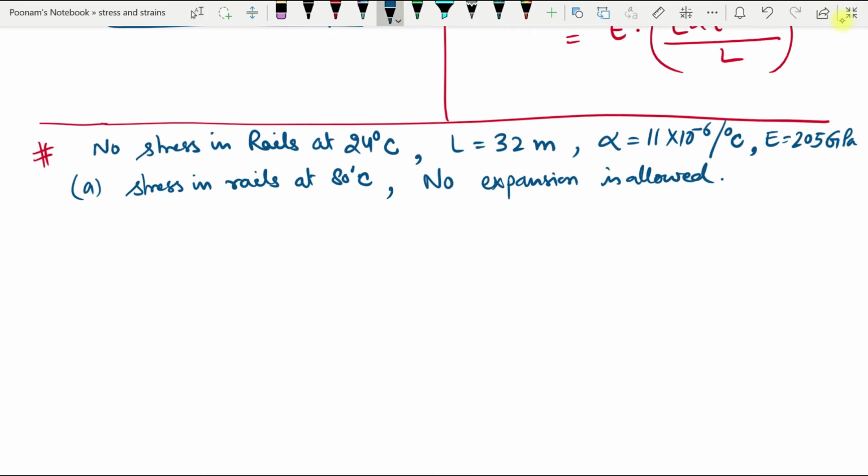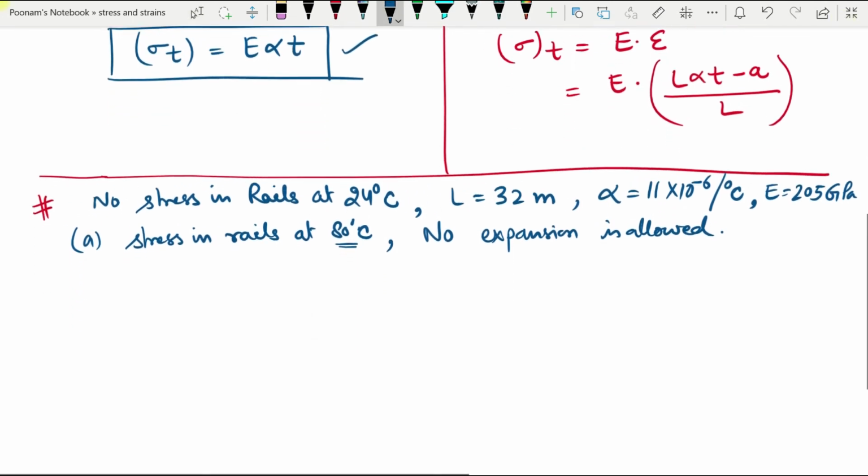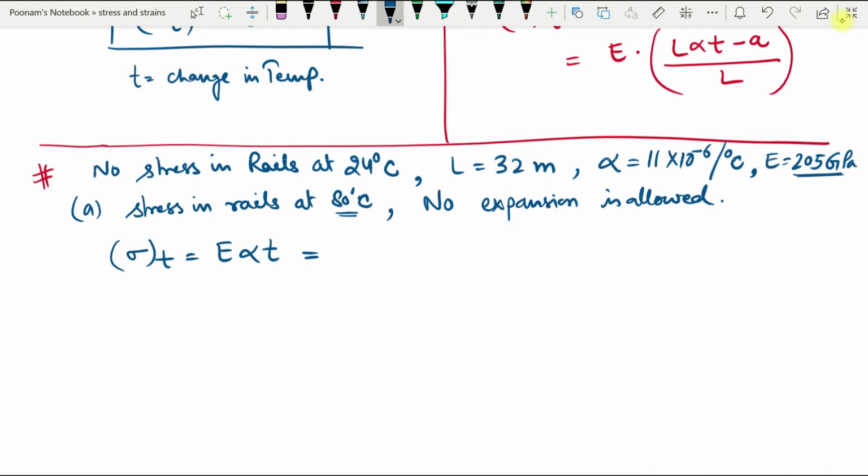The stress in rails at 80 degrees Celsius, we have already established the formula of stress. This is E alpha T. So using this formula, temperature stress is equal to E into alpha into T, where T is change in temperature. I must mention here T is change in temperature. So this is equal to, I want to convert this into megapascal. So my E will be